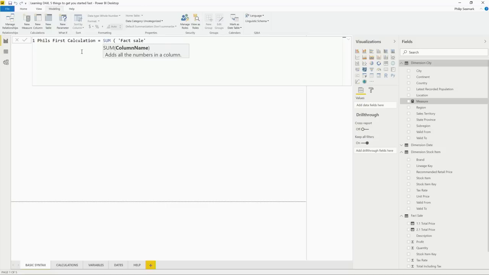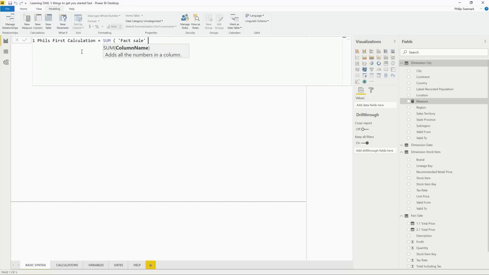I think these are described different ways around the world. And here I have sum with open bracket, and depending on the function, you might pass no parameters, you might pass one parameter, you might pass many parameters, and the IntelliSense will certainly help guide you as to what you should put there.